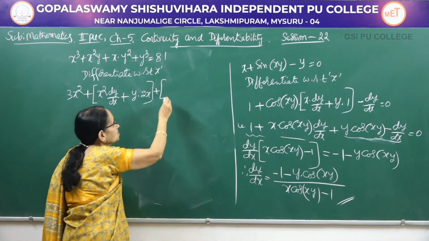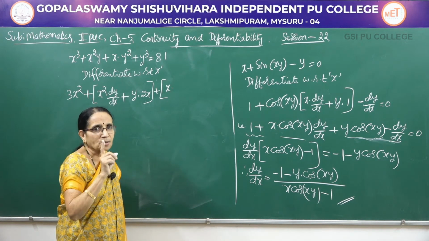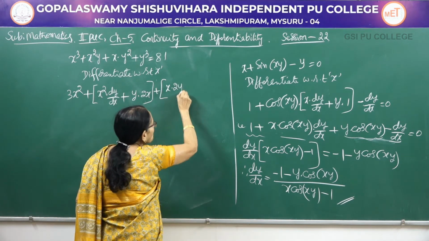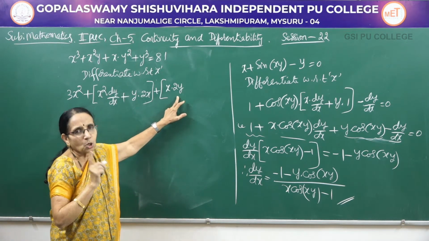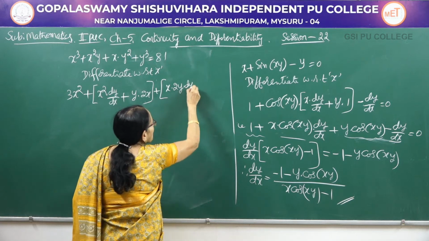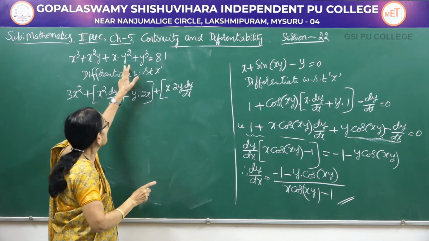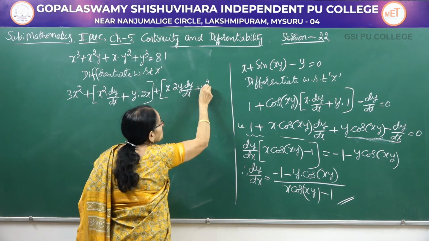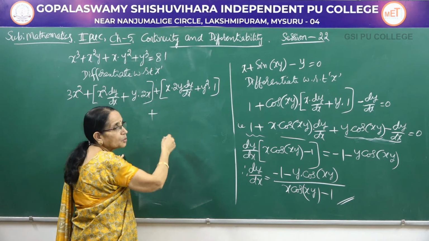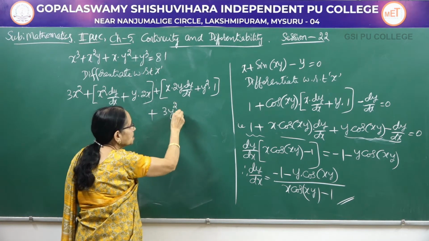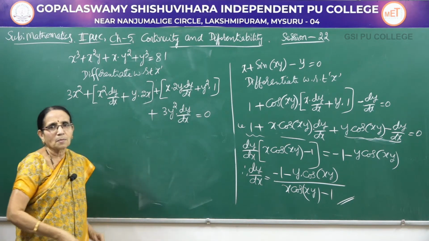Here it is different because x is the first function, into y square, and we are differentiating with respect to x. So y square becomes, it is a composite function. Y means simple, y square means composite. X into y square becomes 2y, and y becomes dy by dx. Don't forget to write this one, otherwise the answer would be wrong. Plus second function, that is y square into derivative of x, which is 1. Now we come to the last one, y cube, again a composite function, 3y square into dy by dx would be equal to 0. Okay.